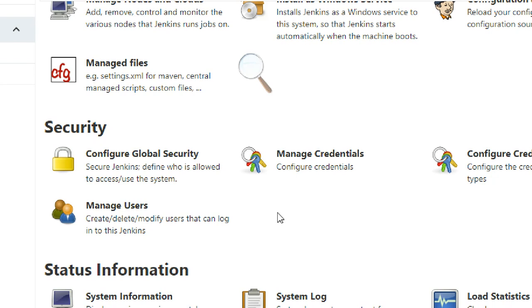If I have an Active Directory domain controller and I created a user there, we can connect from here and use those users for authentication, because Jenkins is open source. Users may also be compromised sometimes, so if you need a stronger authentication system, you can use the security settings.